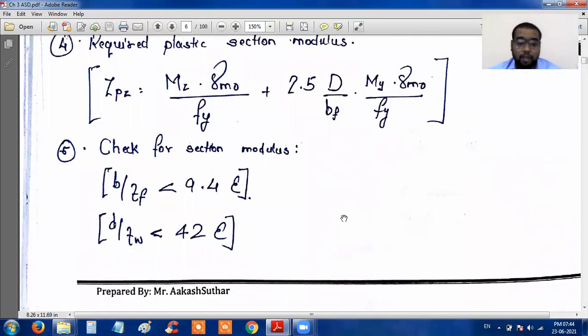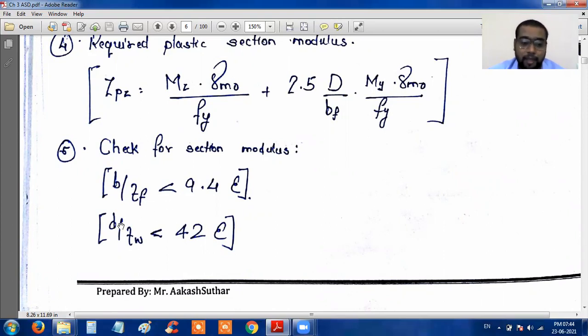Then we will check for the section classification. To check it, the ratio B upon Tf, where Tf means the thickness of the flange,